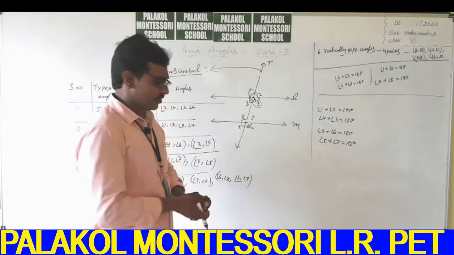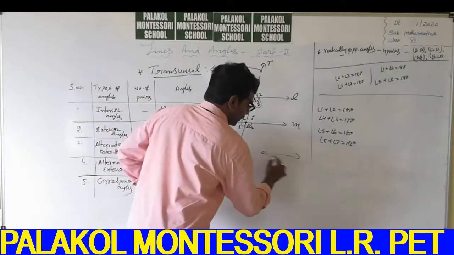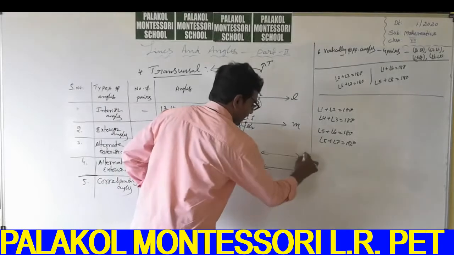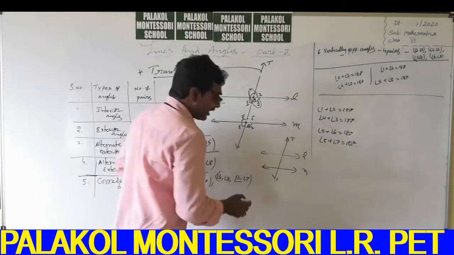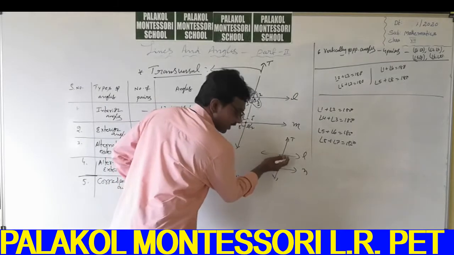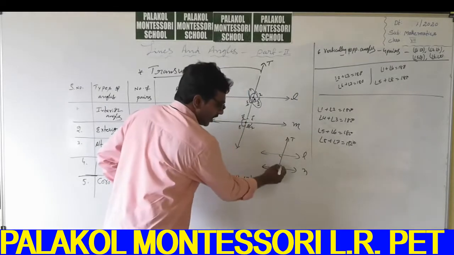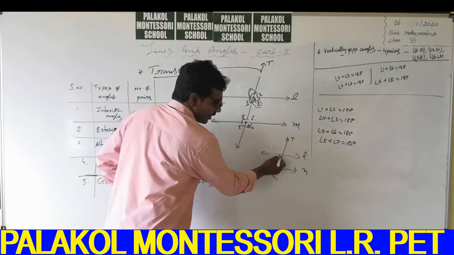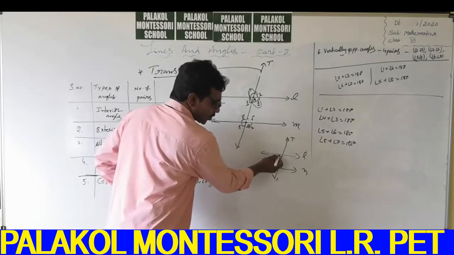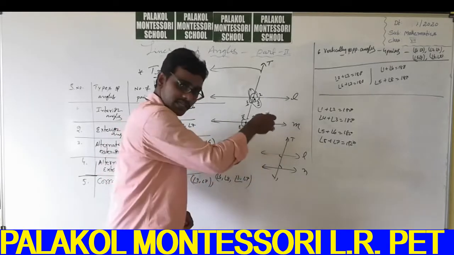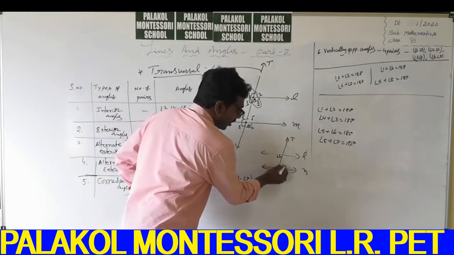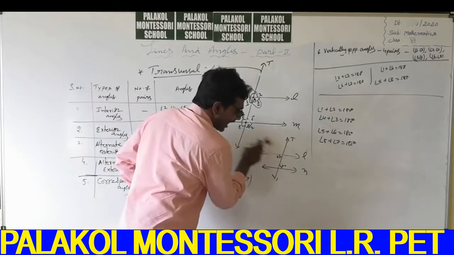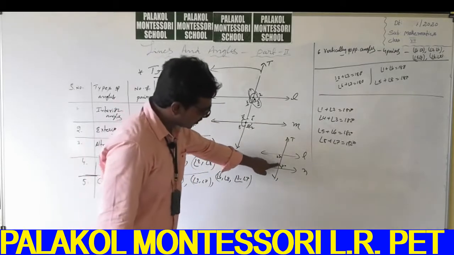How do you know? Guys, simply see, L, M, I draw one line. Alternate angles means you take one angle on this side and another on the other side of the line. This is called alternate angles. But these two angles are interior. So these angles are called alternate interior angles. So x degrees is equal to y degrees.